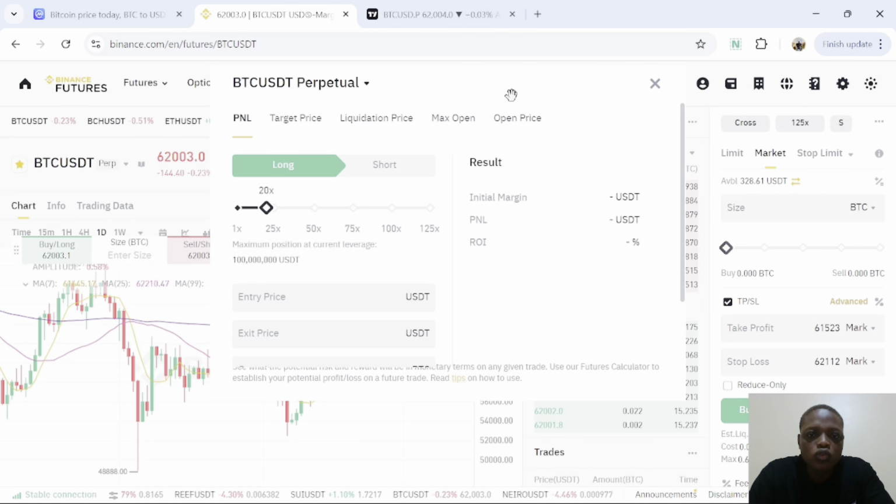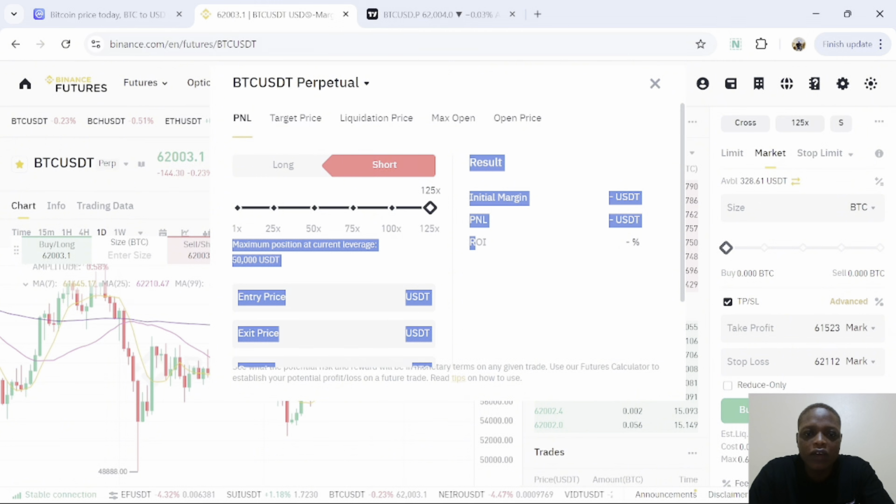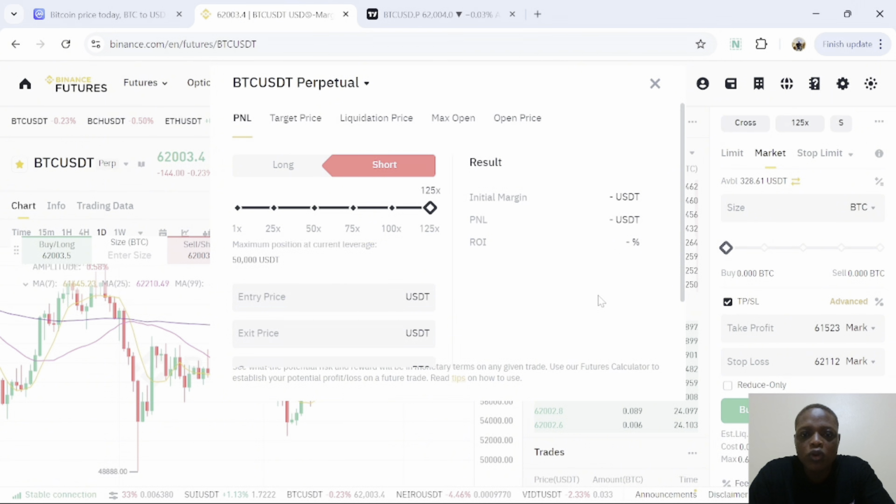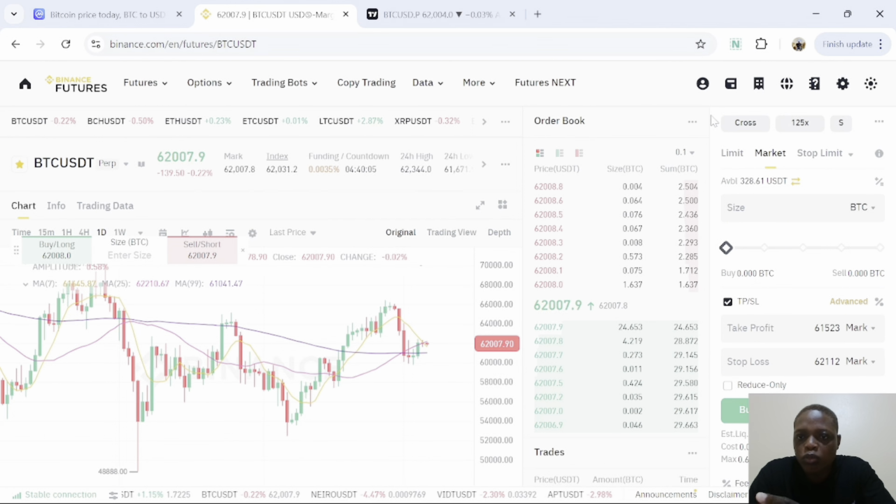So to do this, we will change it to short. When I change it to short, I have my leverage as 125x. Please, this part of the video is very important because we are calculating our position size. To calculate your position size, you are going to click on the order box. Here is the order book. The order book contains buyers and sellers, and the order box contains